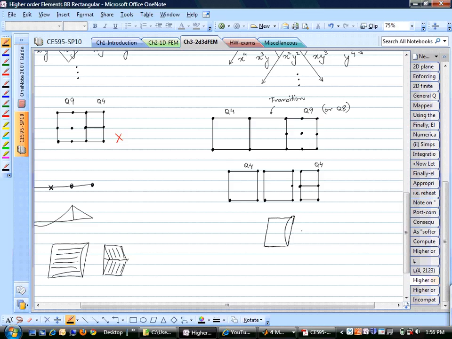And both of those Q4s are going to be like this. Right? So you cannot match these two together. So if you do want to connect a Q4 like this with two Q4s like this, then you would have